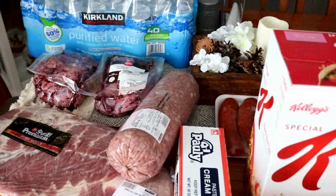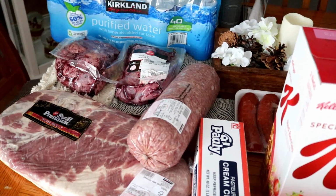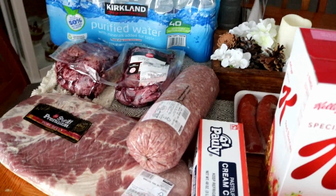These are totally keto friendly. Really great finds. I think we paid for everything, we had a lot of meat, and I think the grand total was maybe 90 bucks. So, all right, let me go ahead and show you. First thing we got